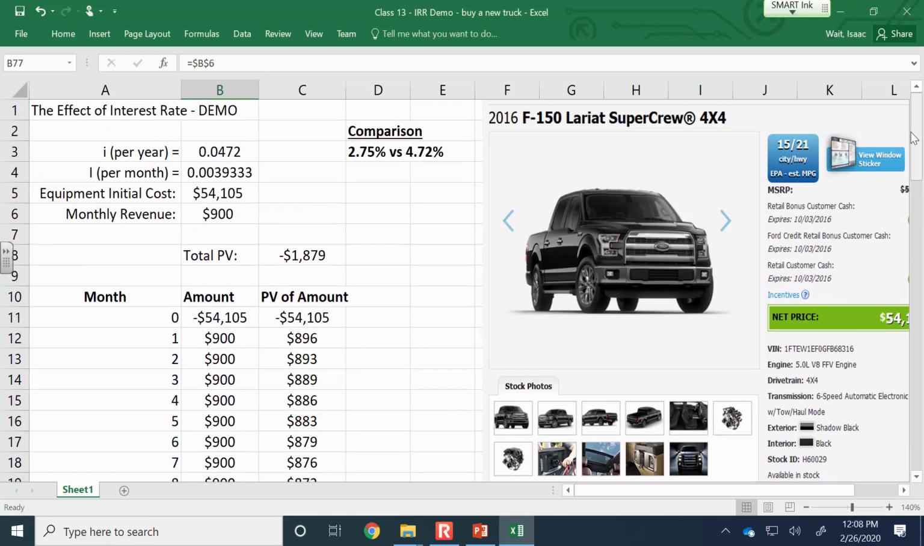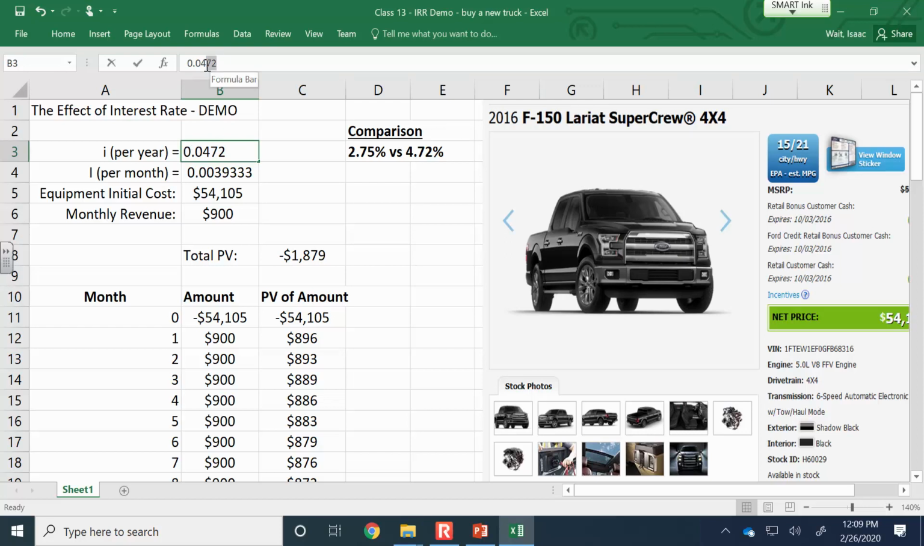And so what you'll see is that the total present worth when I add up the cost and the value of the revenues is that I would be losing money on this deal. I bought the truck, but the future revenues aren't enough to cover the present value of the truck if I have the 4.72%. But let's say, what if I went to that other credit union and I got the lower